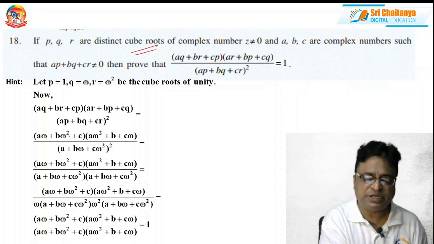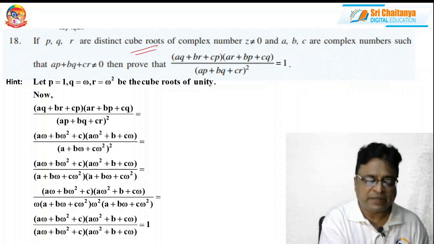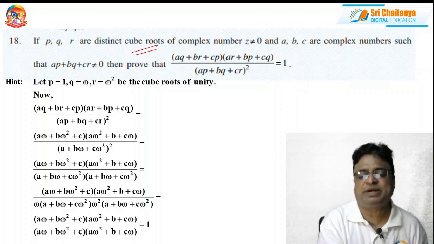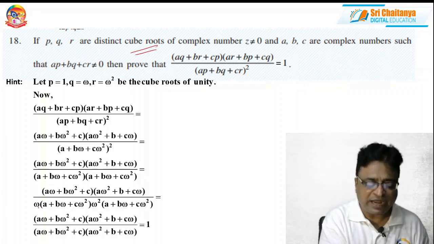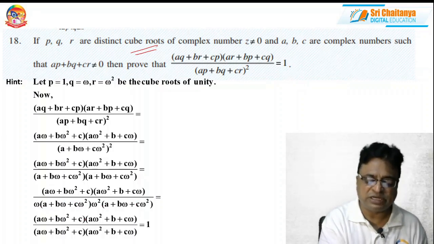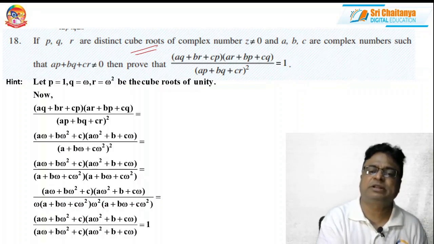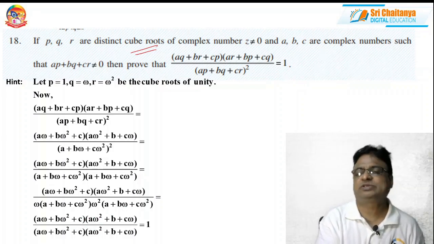So you replace p, q, r with omega square and 1. Now, the denominator I have written separately, and brilliantly what I did was, I multiplied one factor with omega and another factor with omega square in the denominator, because omega into omega square is omega cube, that is 1. So if I have multiplied omega with the first factor of the denominator and omega square with the second factor of the denominator, obviously the first two factors are nothing but the factors in the numerator. Therefore, both get cancelled and you will get the answer as 1.